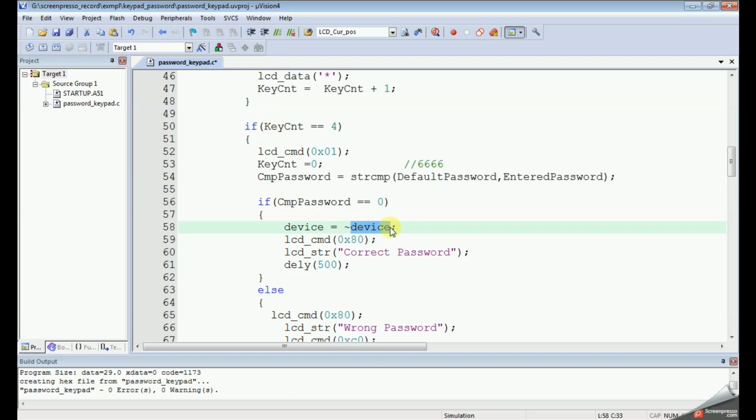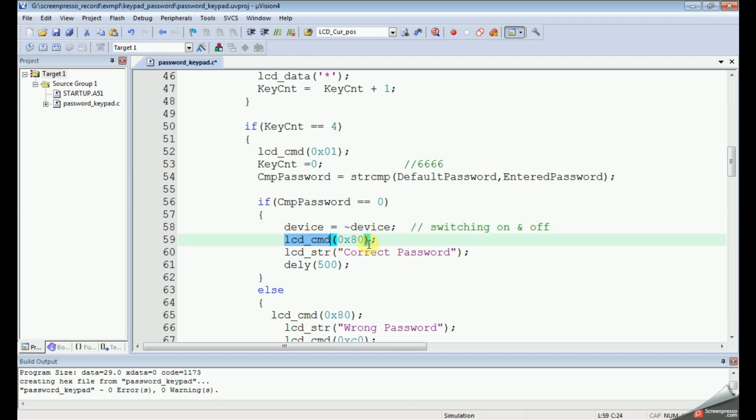Initially the device value is off. The first time the user enters the correct password, it will enter here, and the device value is 0 and we are giving negation here. Negation of 0, so 1 will be updated to device, that means switching on the device. So this line is for switching on and off.